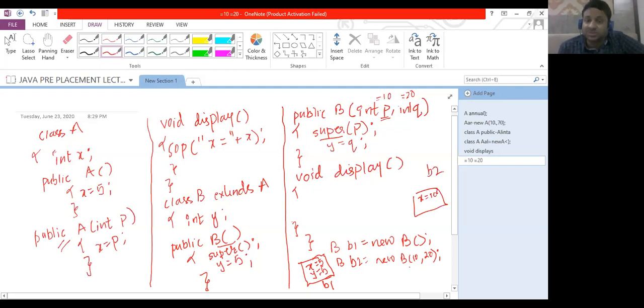Now I want to call the display function. So here in the display function, I can display SOP X and SOP Y. But if we do that, then we are not utilizing the concept of inheritance. So what I wish to call, see, the superclass display will be there in the derived class. So A's display will be there in B's display. So what I wish to do is,